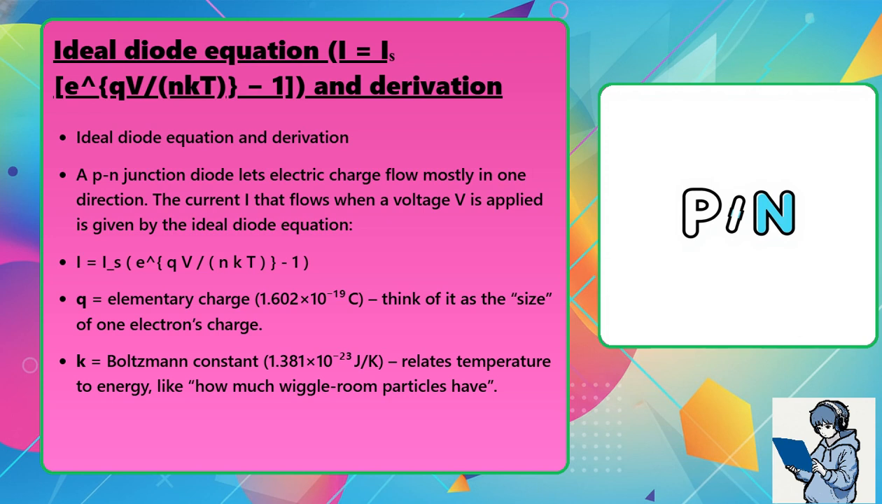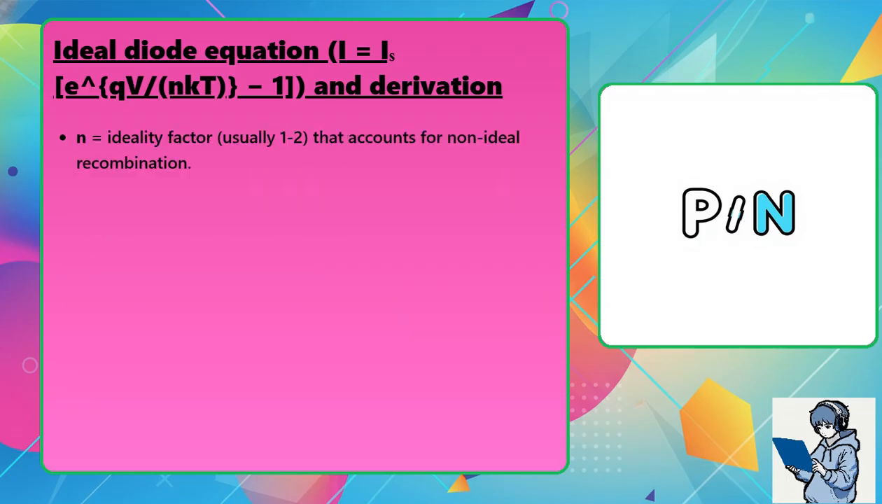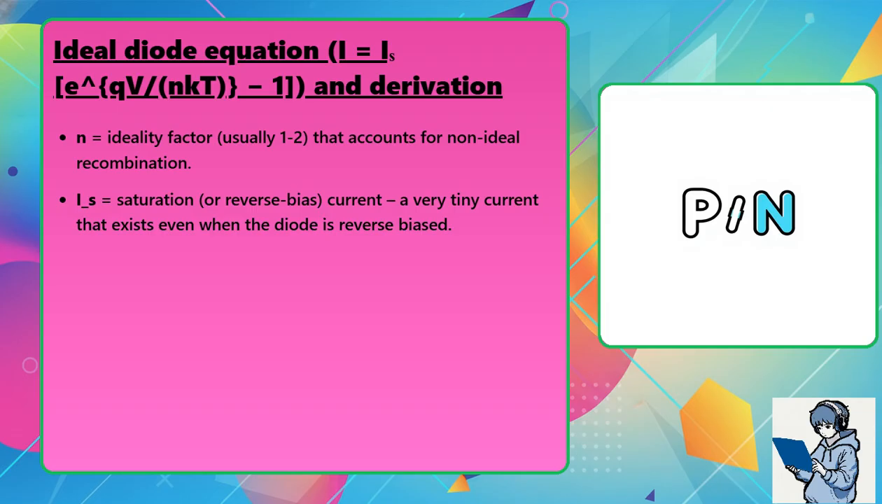k equals the Boltzmann constant, 1.381 × 10^−23 joules per Kelvin, which relates temperature to energy, like how much wiggle room particles have. T equals absolute temperature in Kelvin. N equals the ideality factor, usually 1 to 2, that accounts for non-ideal recombination. I_S equals the saturation or reverse bias current, a very tiny current that exists even when the diode is